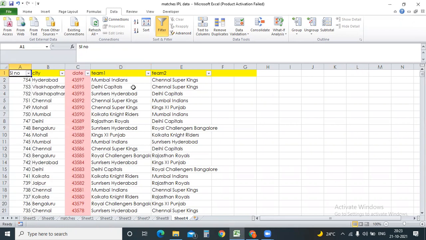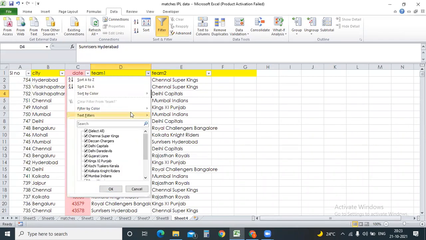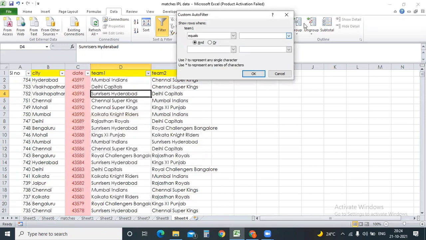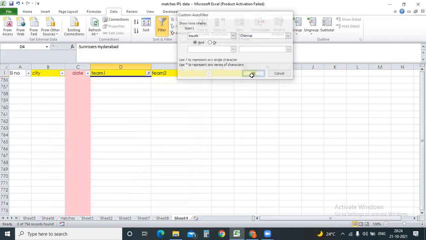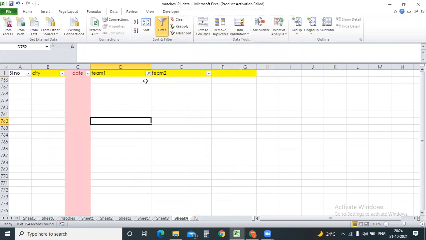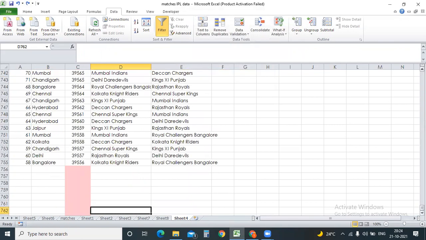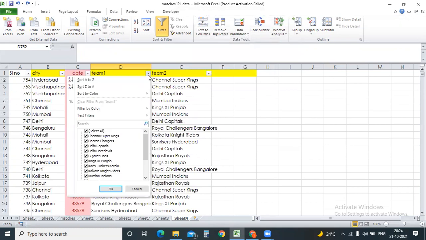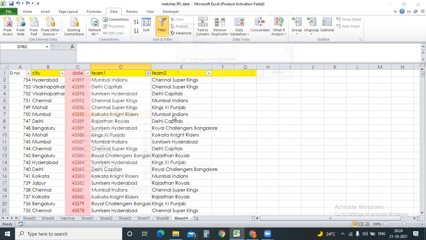So now even if you scroll down or drill down into the filter, you can do a lot of other filterings. If it is equal to Chennai, for example, I'm doing some filters. I'm not sure whether it will pick the entire values or not. Just let me give a try. No, it's not taking that. What I was trying to do is filter just Chennai. So how can I do that? I can put it over here, but in the text filter I'm just doing some random things.